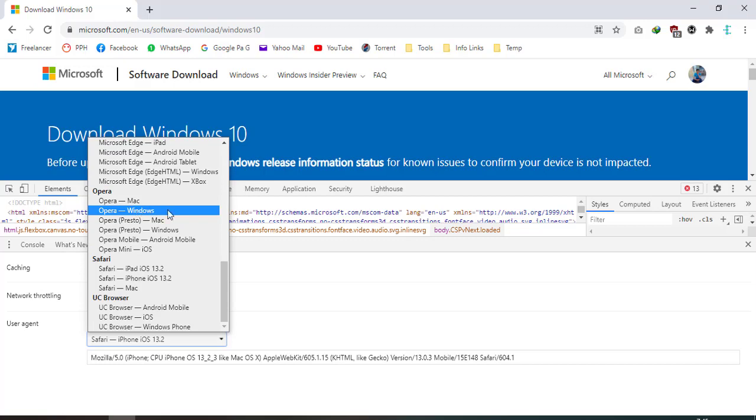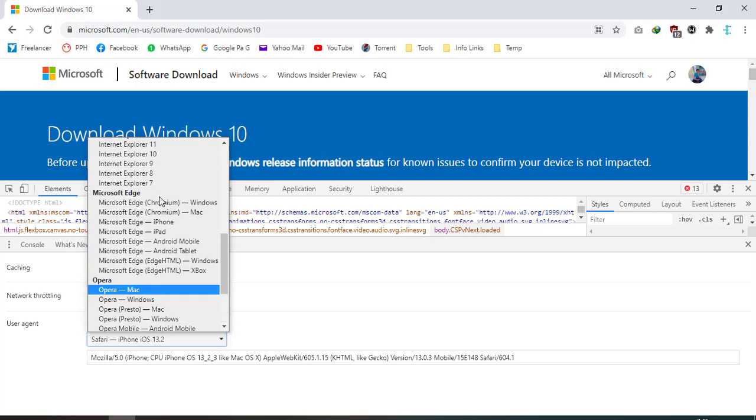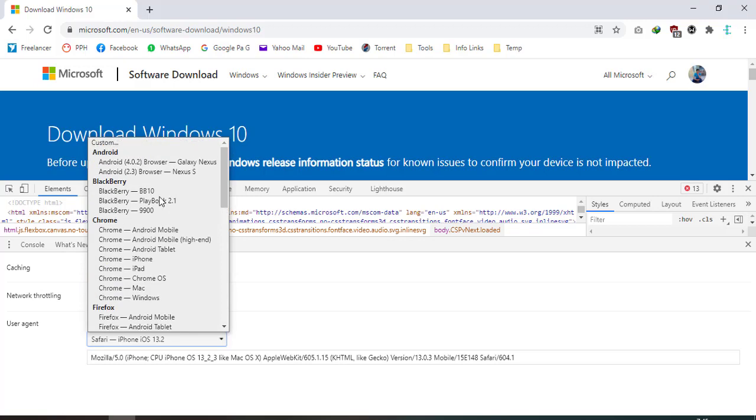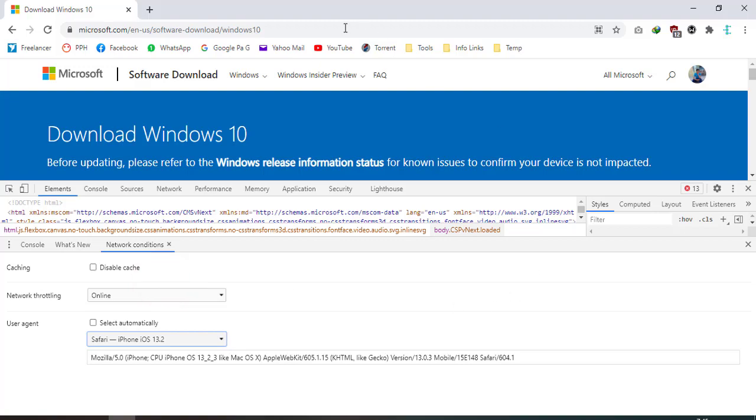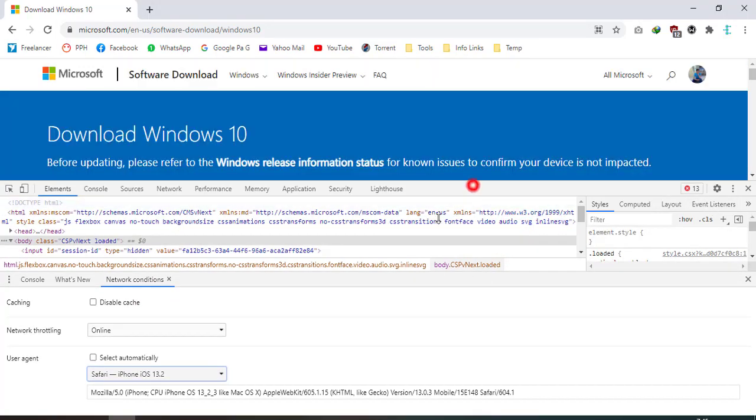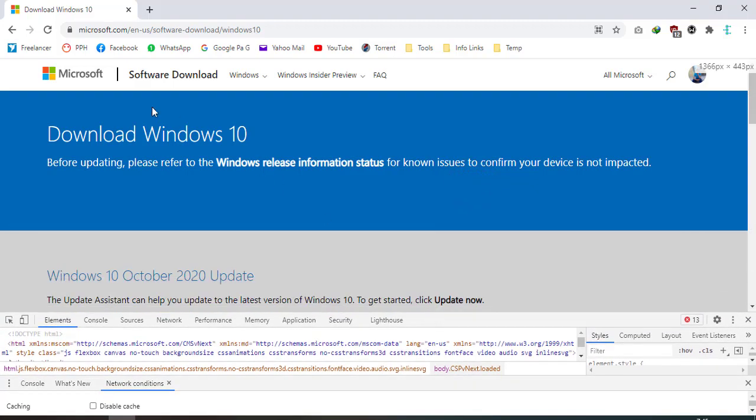In my case, I will select Safari iPhone, so it will load the basic page to download Windows directly from the website.